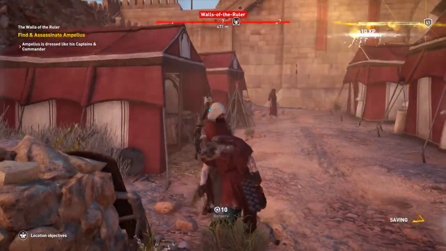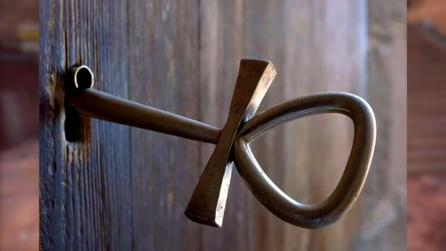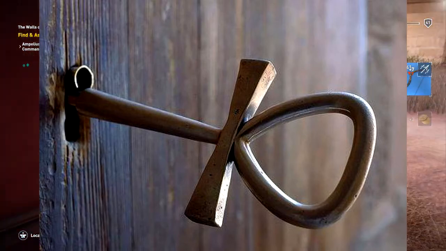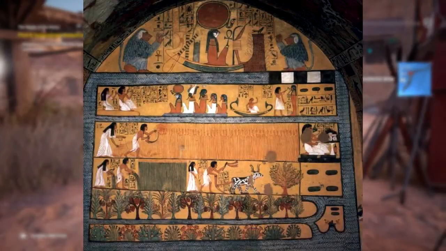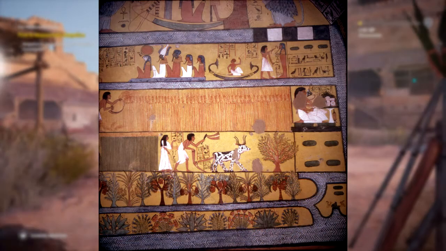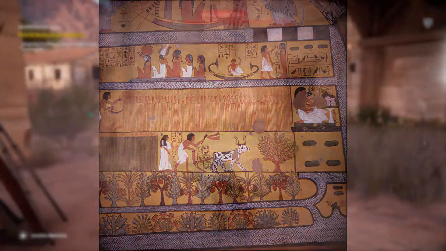Another thing is that the Ankh was considered the key part of the tomb. It would be the only object in there that would lead them into the Field of Aaru, which is the Field of Reeds, and where we're going in Assassin's Creed Origins through the portals. So you can see that it's all linking up right now.